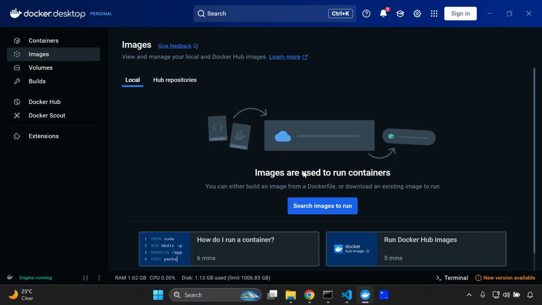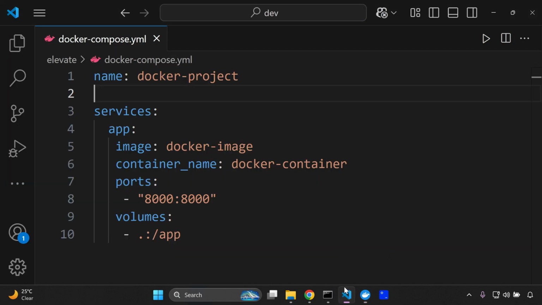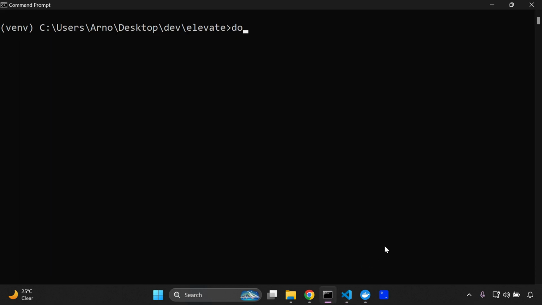If you have a Docker image and you want to just run it as a container, you can simply run docker compose up -d. If, however, you don't have a Docker image, you're going to want to add in the following flag, which is build. But before we can utilize build, we're going to want to ensure that we have